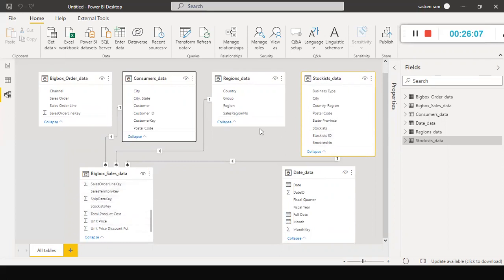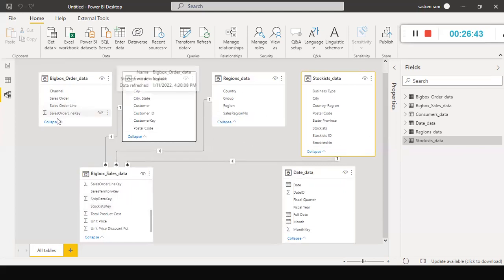Here you can see easily the stockist data. Here stockist key is here. Something starting with stockist. Okay, this is the key. We don't have any other column starting with stockist here, hence you can make out easily this is related to the stockist table. But here we have stockist key, and here we don't see any stockist key column. So what I did, I just opened this one manually, and they also said the stockist number in this table you need to use to link up with this table's stockist key. Got it? That's how I did it.